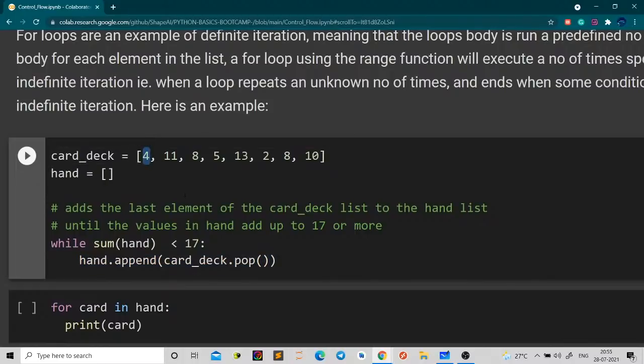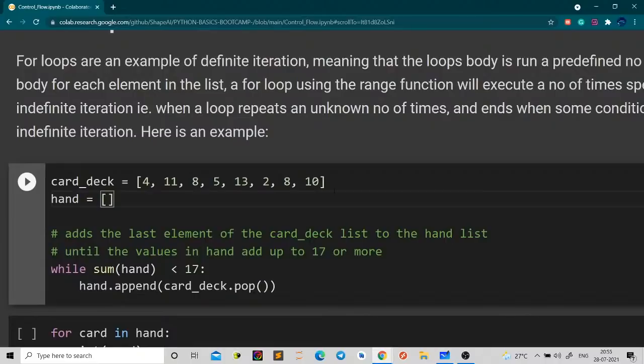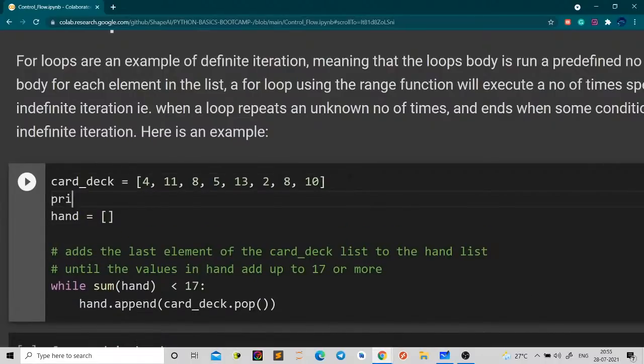Now we know the append function that is used to add elements in the new list. So we are adding this element in the list, and the pop function, which is new. The pop function in the list is used to delete the element. When I write print, let me just show you once. When I write print card